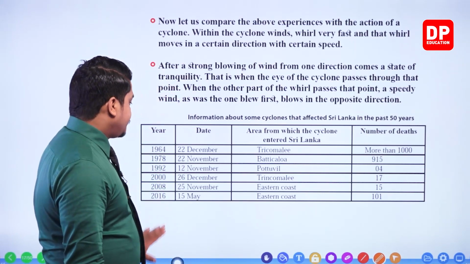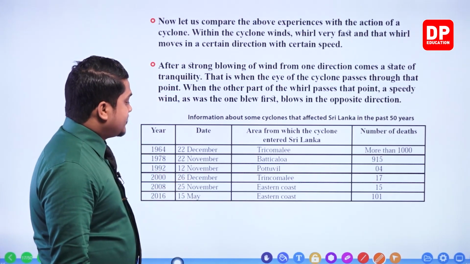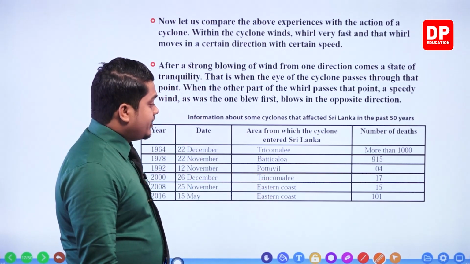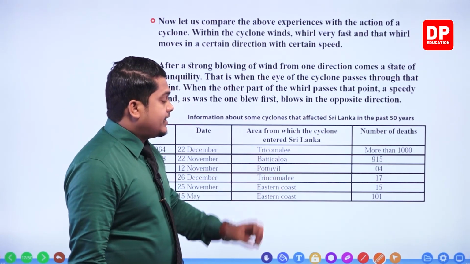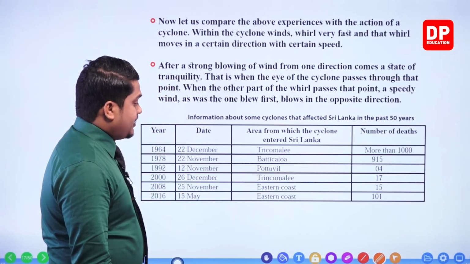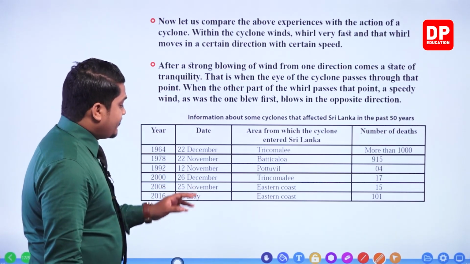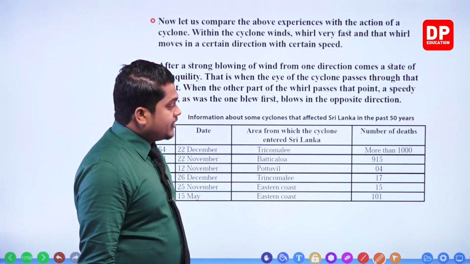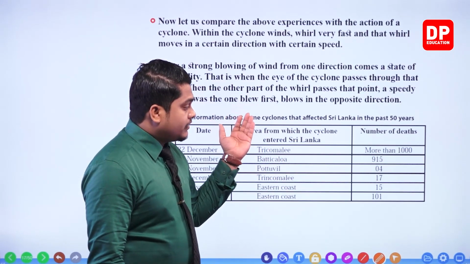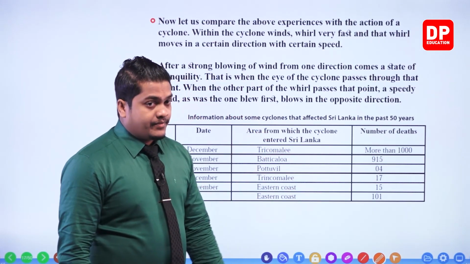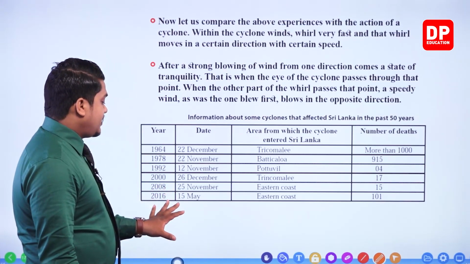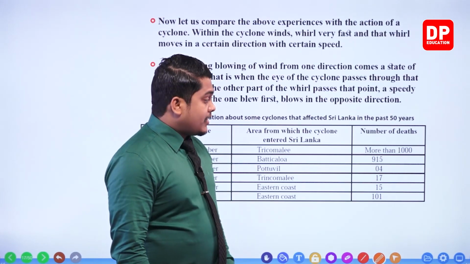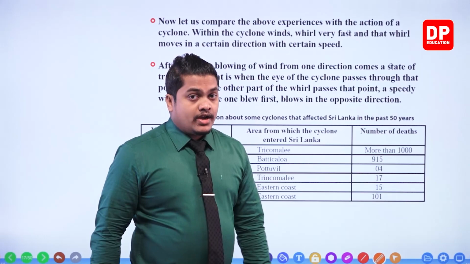The next one, in the year 2000, 26th December, this was the one that we discussed earlier, my dear children. So from the Trincomalee region, a cyclone came to Sri Lanka and the death count was around 17. Then on 2008, 25th November, from the eastern coast, a cyclone came to Sri Lanka and the death toll was around 15. Okay. Then, my dear children, on 15th May 2016, from the eastern coast, once again a cyclone came, and from that, there were 101